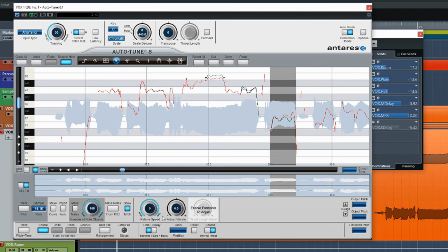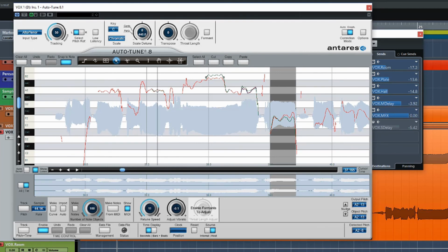And these settings here, the retune and the adjust, they're working on each one individually. So if you want to change the vibrato on one, you can do it on that, or you can increase it. so if you want the world to smile with you, then